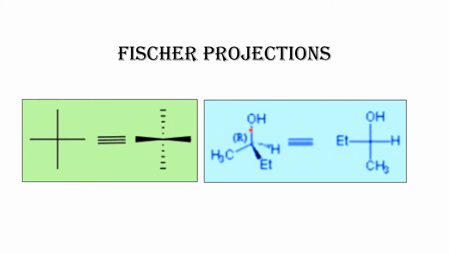See, this is the compound. You need to change this into the Fischer projection. How to write it? First, keep this in your mind. Some of them have a doubt in this case also. This solid line you have to write in the vertical line only, not in any other way.